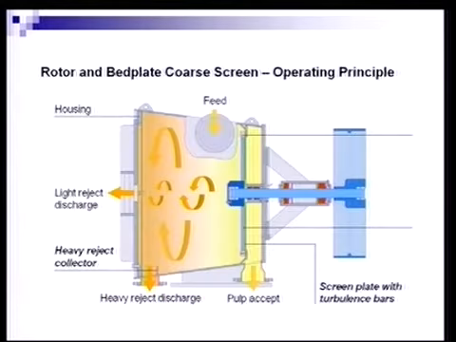The circulation pattern inside this secondary coarse screen is such that the feed comes into the top, is set in a tangential motion here, and circulates around inside. The accepted pulp comes through the bed plate or the screen plate and is removed. And then the rotor generates a vortex, and this vortex creates a free vapor surface inside, which acts as a good collection point for lightweight removal. So for instance, in packaging grade where there might be some styrofoam contamination, this would be a good place to